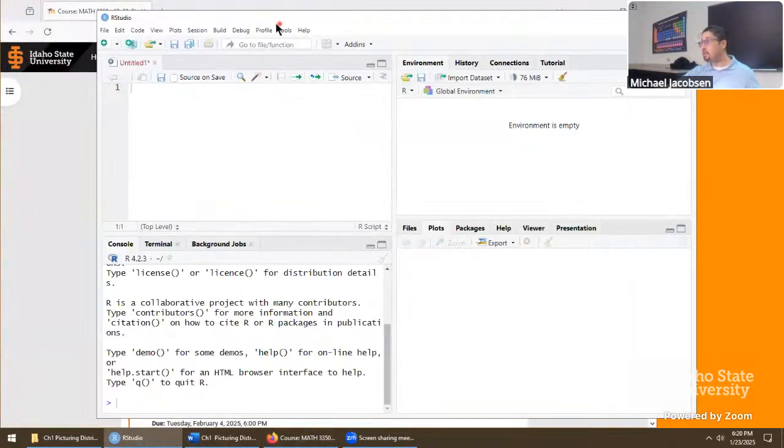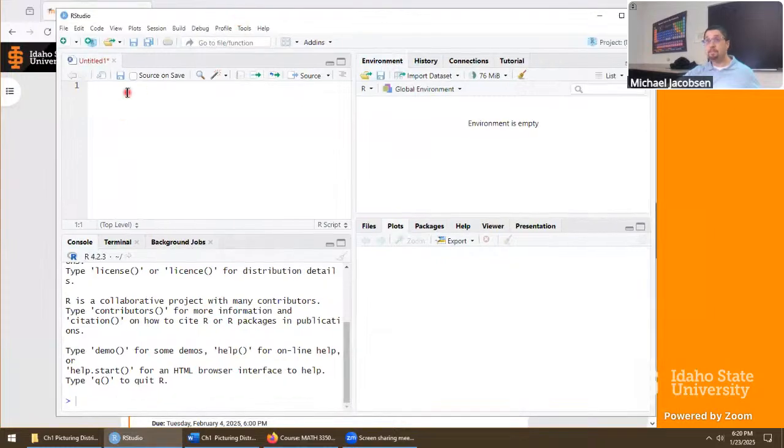To get a histogram going, the first thing you want to do is import the data. That's a really large data set, so there's no way we want to type these out by hand. So go to this tool right here, import data set. To me, this is the biggest quality of life feature of RStudio because importing data sets by hand, by pointing your files to the right directory, is a real pain in R.